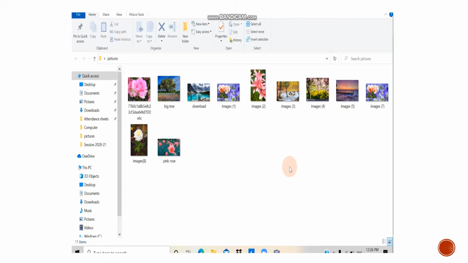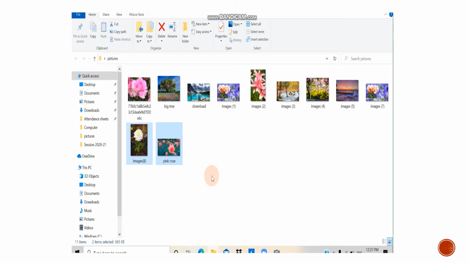So, if you want to delete some of the pictures, what do you have to do? You have to just select it. How can we select? Suppose I want to select this picture. I will just click it once. Suppose I want to select this one also. I just have to press the control key and then click on this also. These both are selected now.